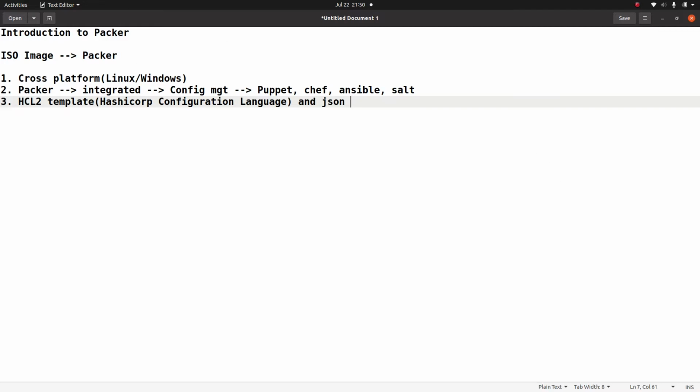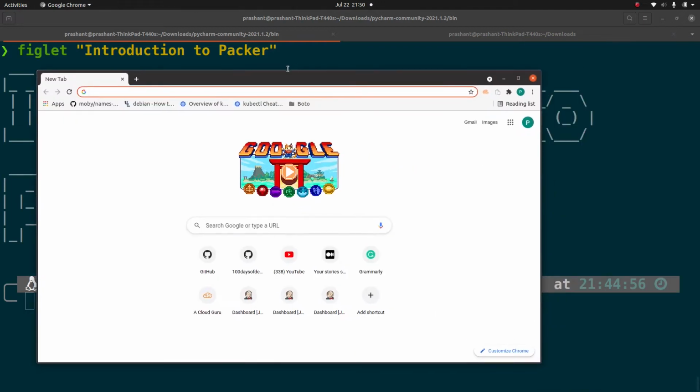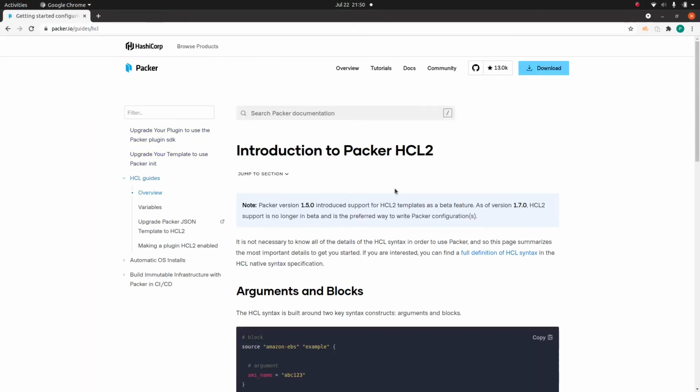Okay, so let me show you one thing. If you look at the Packer official website, you will see that starting from Packer version 1.5.0, it introduced support for the HCL2 template as a beta feature.